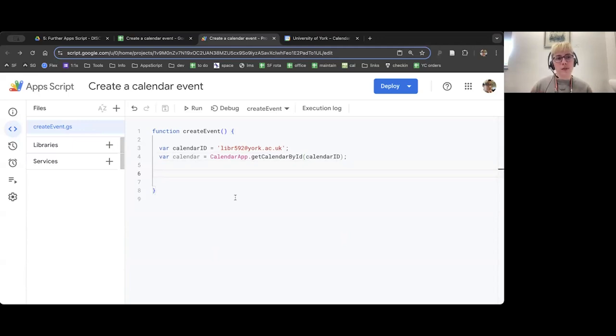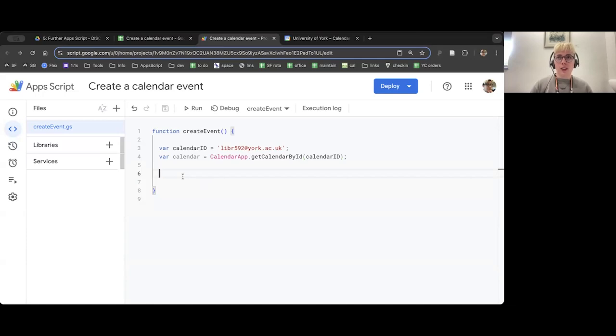Now we need to create some variables that can set up the different things we need to know about our event. What's it called? What's the information about it? Where is it? Are there any guests? So we're going to create a range of variables that contain this information. So then we come to actually create the calendar event. It's all nice and simple because we just put these variables in. As we've done with other commands, setting up the variables first makes it much easier and cleaner to set up your code and also to edit it later.